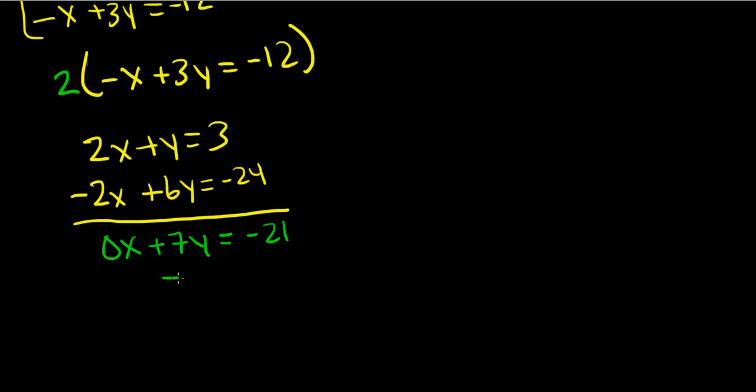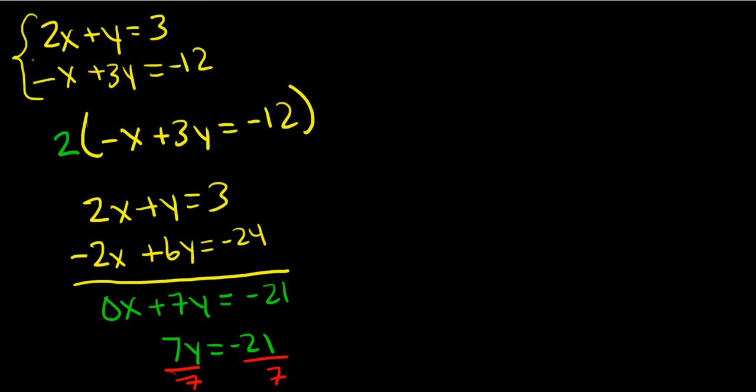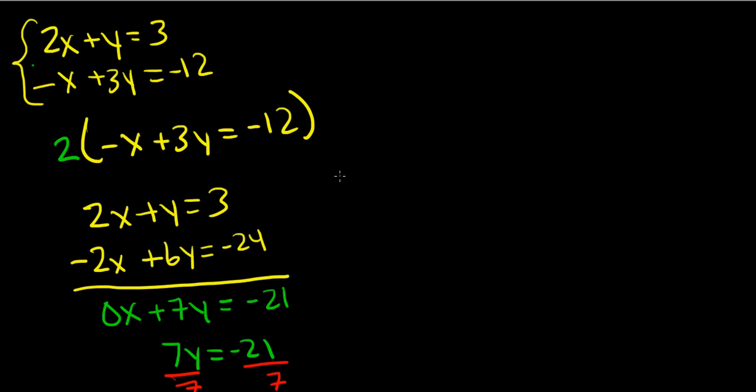So now we can go ahead and solve for the y variable. In order to do that, we have to divide both sides by 7. When we divide the left side by 7, we're left with 1y. And when we divide the right, we're left with negative 3. So y equals negative 3. We can now take the y value and plug it back into the first equation in order to solve for the x variable. So 2x plus y, which in this case would be negative 3,